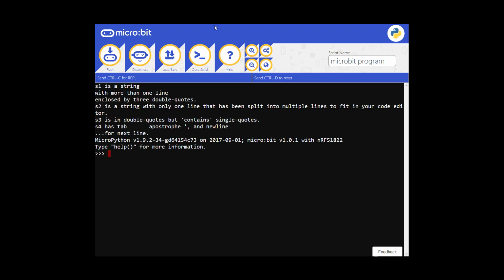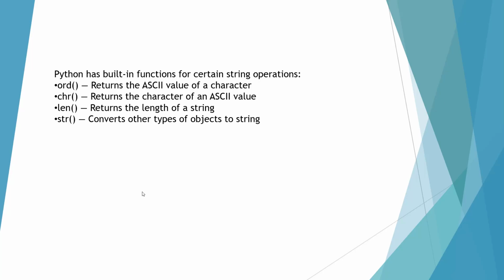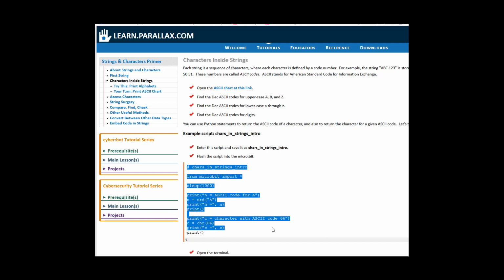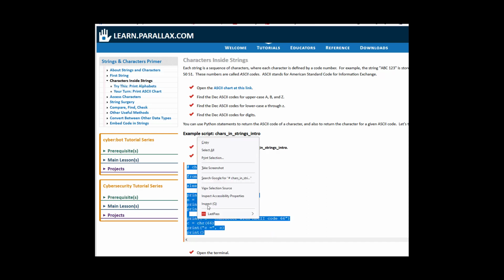Okay, there are some Python functions that we're going to try. We can return the ASCII value of a character, since all characters are defined by their ASCII value. We can return the character of an ASCII value, we can return the length of a string, and we can convert other types of objects to strings. Okay, so let's work with some of the character functions. Let's go ahead and copy and paste it